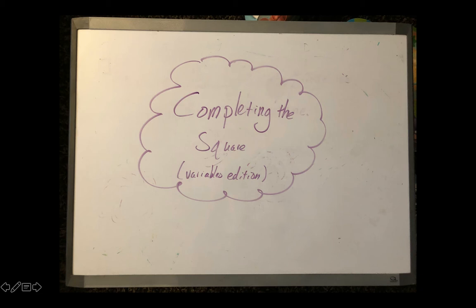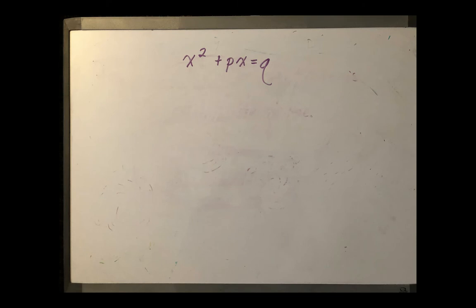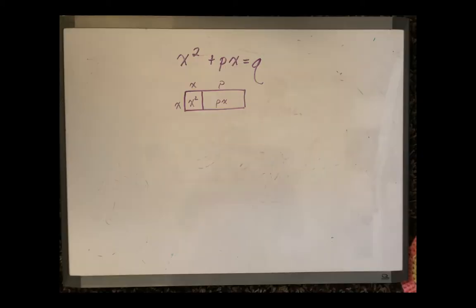All right, so today we're going to be talking about completing the square when you've got variables as the coefficients. And we're going to start with a leading coefficient of 1. So let's say that we've got x squared plus px equals q. Just like we've been doing all along, we're going to start by drawing a rectangle to represent that, where we've